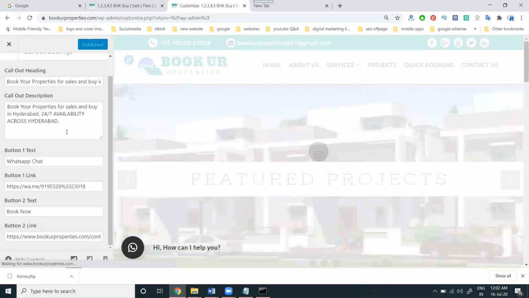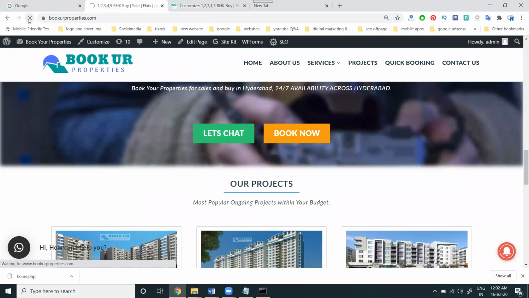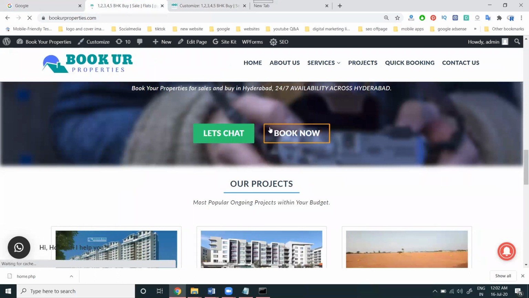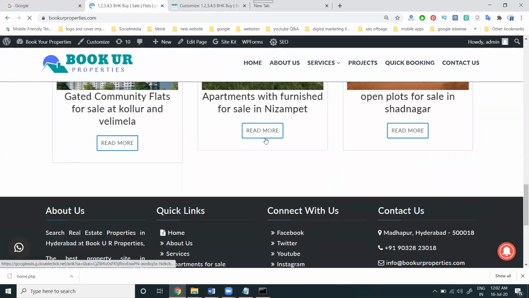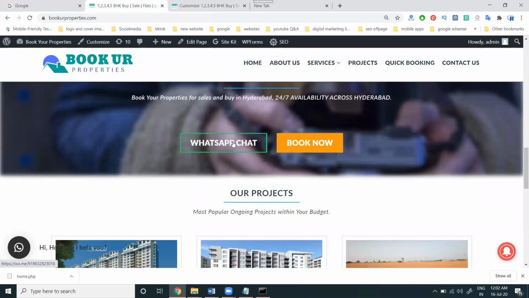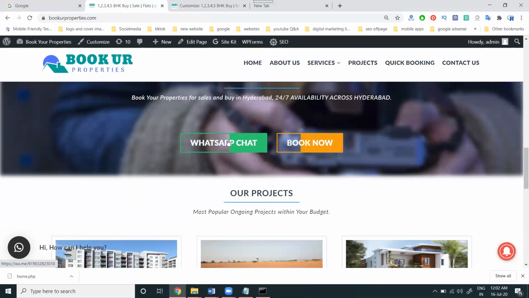WhatsApp chat. They do not open in a new tab. They open in the same tab here. So I'm just doing a multi refresh. Now it will show here. Just loading takes some time. Here is the WhatsApp chat option. Then no other option is required. With this one click, the chat will appear.